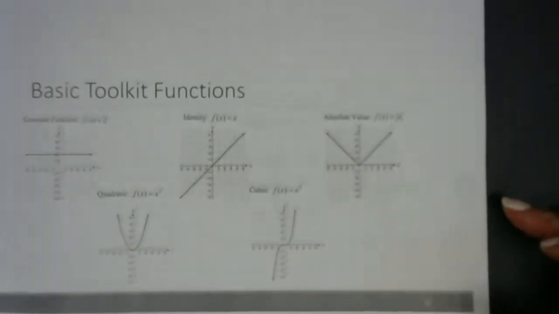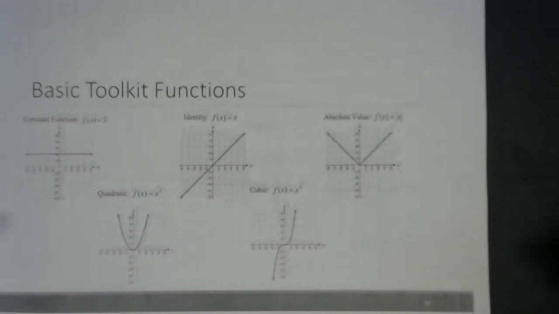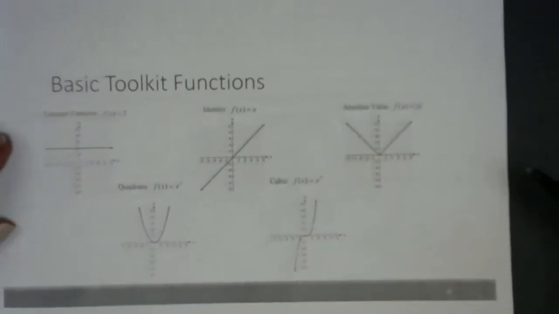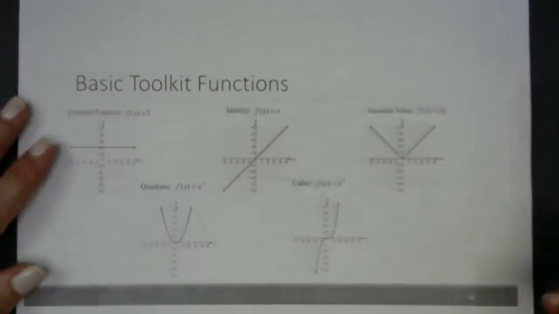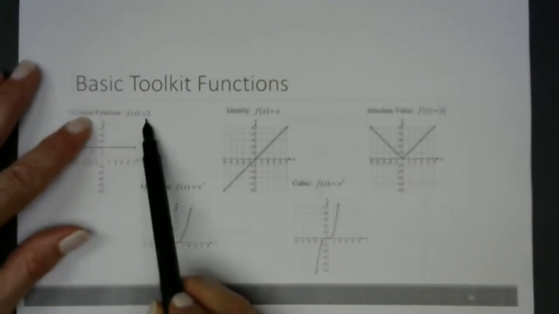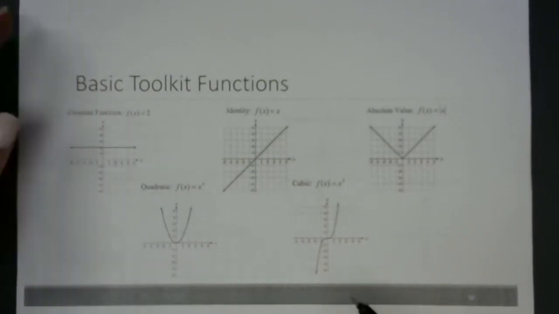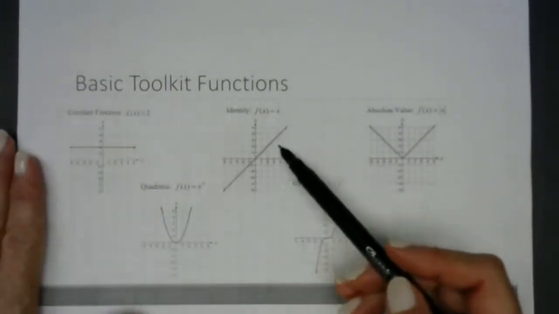Now the last topic that we have in this section 1.1, the first section of chapter 1, is the basic toolkit functions. This is very important that you're very familiar with these functions. I don't like to say memorized, because memorizing is kind of silly, but you do need to make sure that you know that if you see f of x equals 2, that's the constant function, and that it's going to be a horizontal line right at y equals 2. Okay, the identity function, f of x equals x, you need to know that the graph of that is going to be